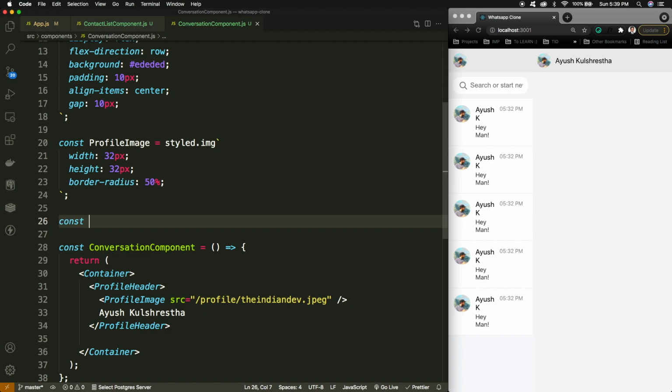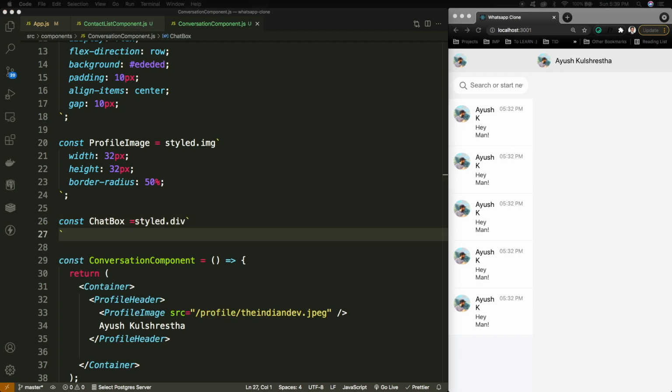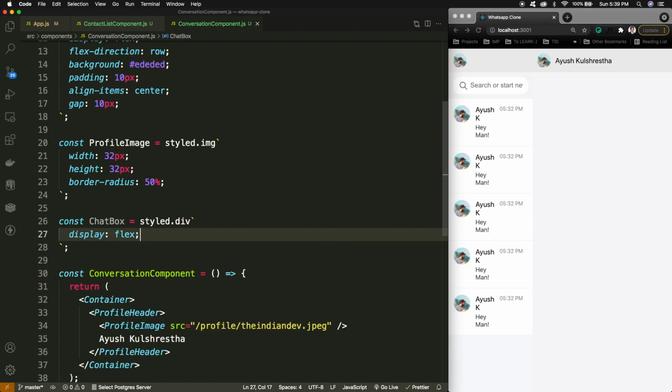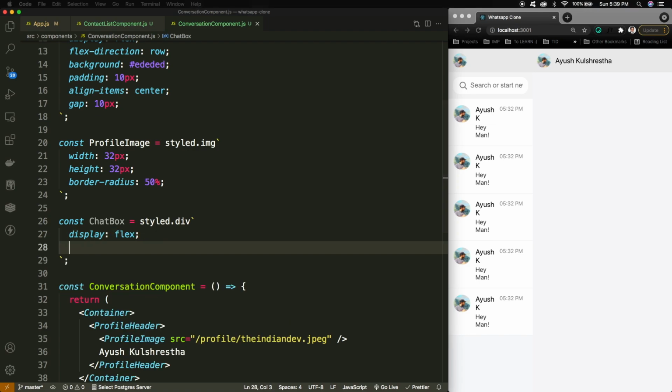That is again the const chat box styled, it's a div. And the property of this chat box, as you can see, the display is flex, display flex, and flex direction is again, you can check it out.